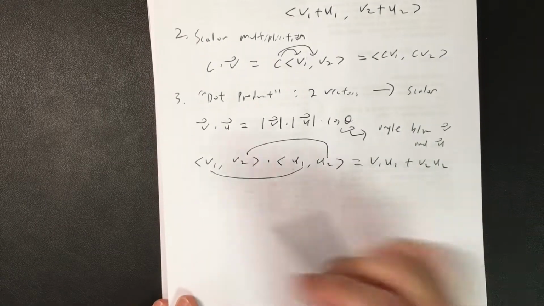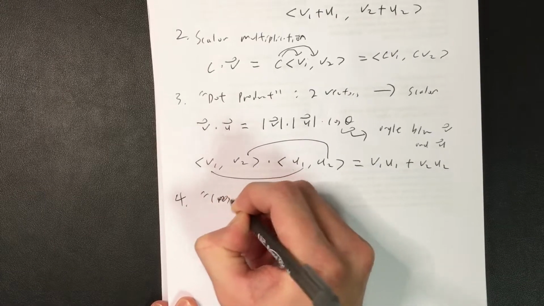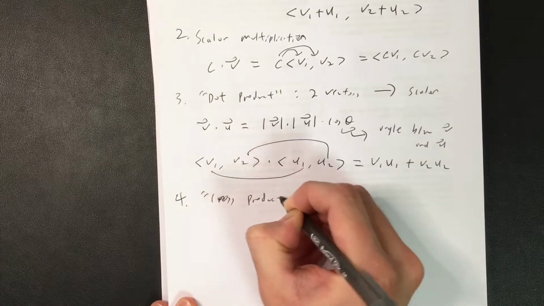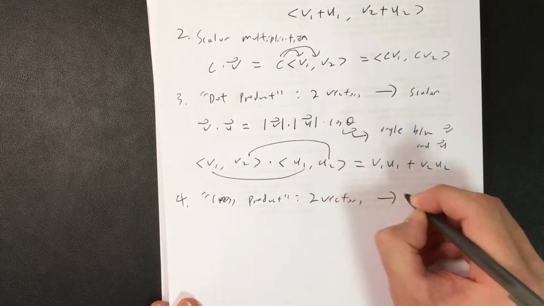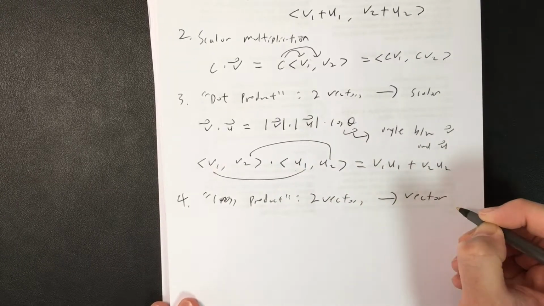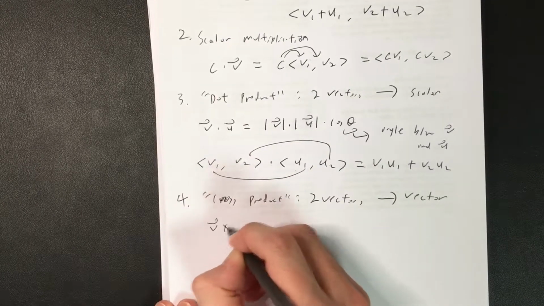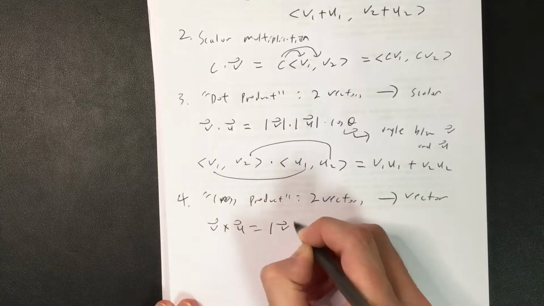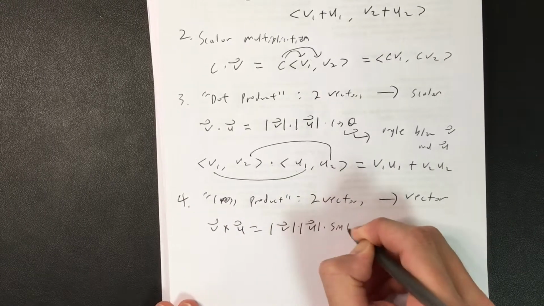And finally, the fourth type of operation is called the cross product, in which you take two vectors and it gives a vector output. The formal definition of the cross product is that v cross u equals the magnitude of v times the magnitude of u times sine of theta